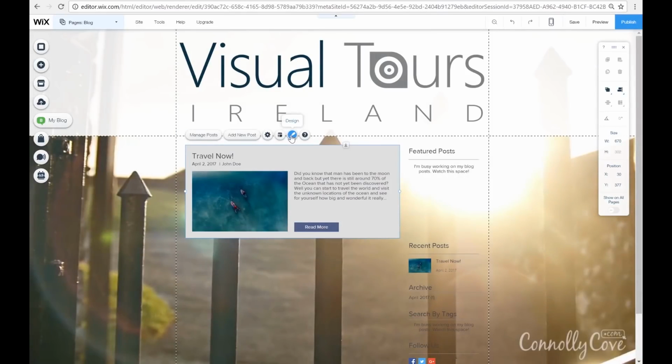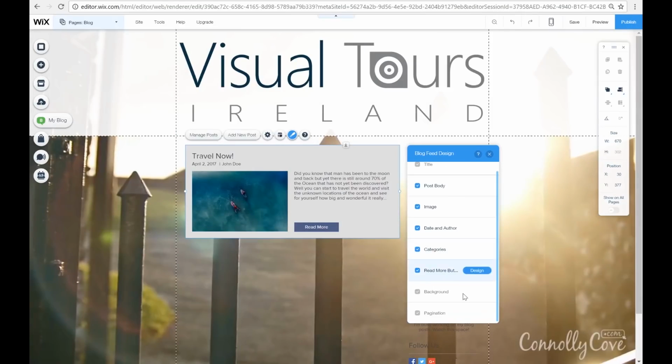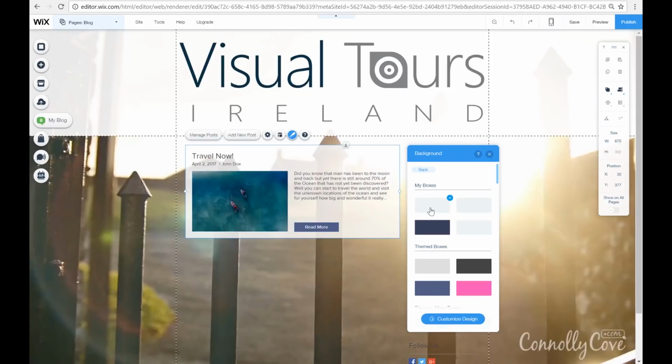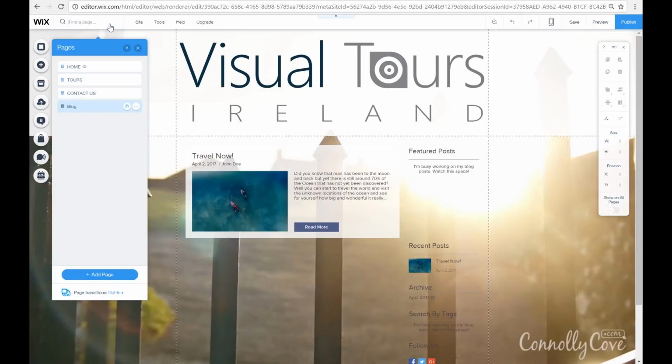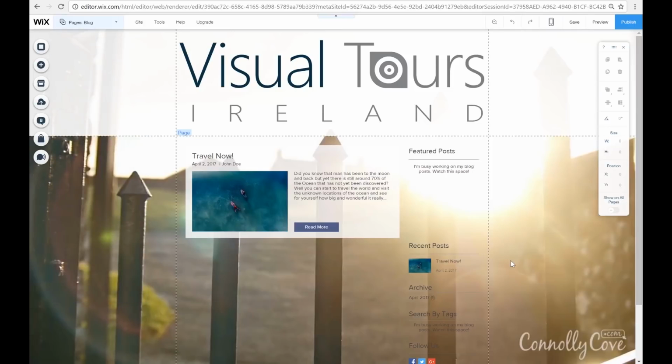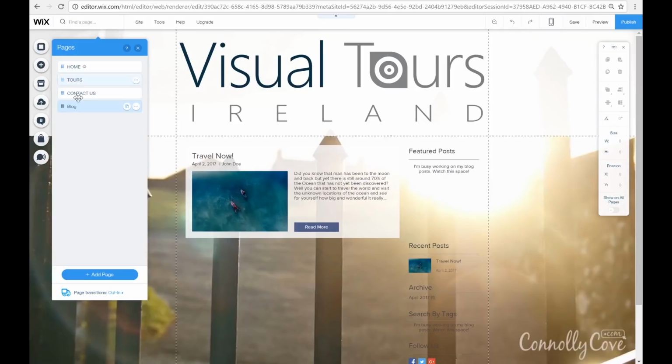To design, just once again click on the brush, navigate to which part you want to change. Let's choose this, exit that. Notice that it's also created a brand new page for your blog and not taken over one of the previous pages or added the blog into a previous page. There is a brand new page for your blog. And so that's it for the blog page. You can just customize your features whatever way you feel like, and that's really it for the website.